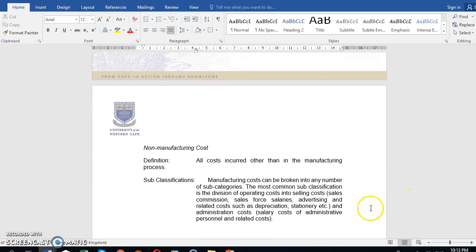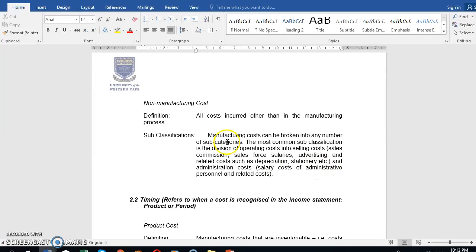Whereas non-manufacturing costs are all costs incurred other than in the manufacturing process. Those costs can be further classified into selling costs. Those are the people that actually end up selling the products, the sales force, advertising. All those costs are important, but they're not important to produce the product. In other words, we don't need those costs to produce the product. However, we need those costs to sell the product. And so those costs are known as